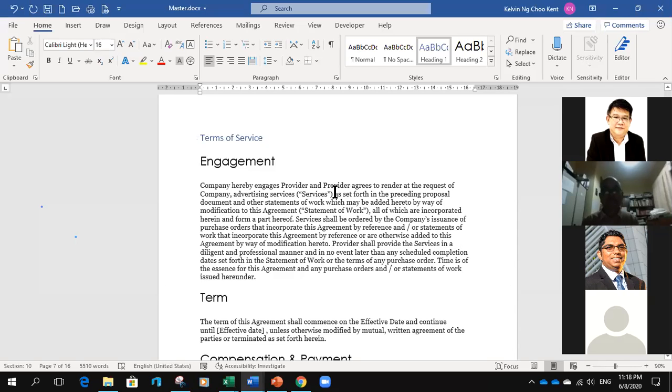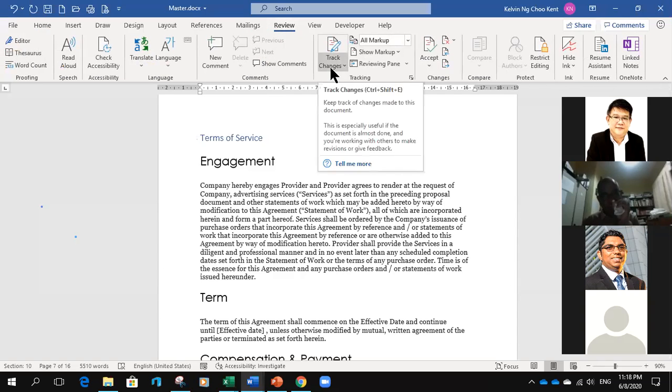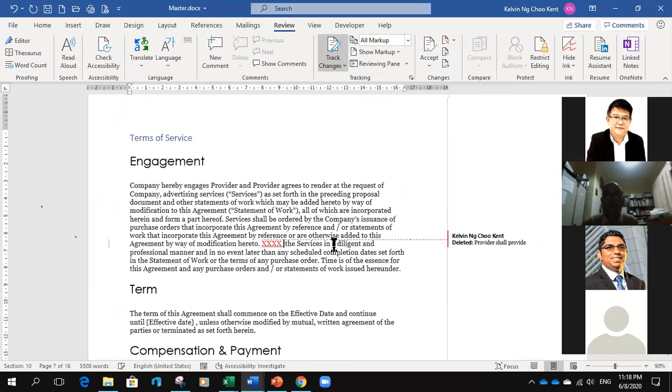So, what you can actually do is go to the ribbon called Review, and you can turn on Track Changes. If you click on Track Changes, all changes that you make will be recorded. For example, I highlight some of the text here, then I start to type XXXX, XXXX, XXXX.